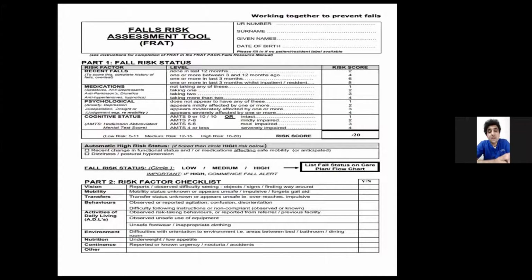The more difficult they find in terms of doing these transfers, the higher the risk of falls. The fourth one is ADLs, what we describe as activities of daily living. So the more easily a person is able to do these activities of daily living, the lesser the risk of falls. But in due course, what happens is their ability to do these day-to-day activities diminishes, and then the risk